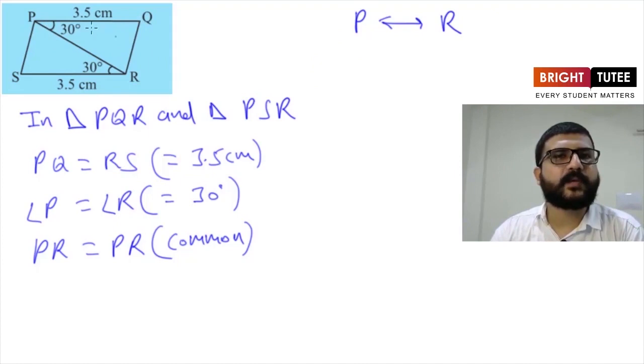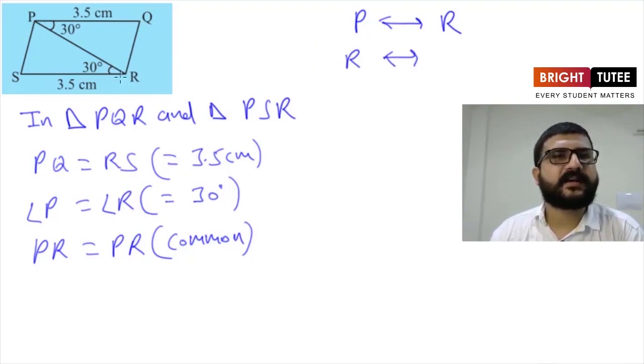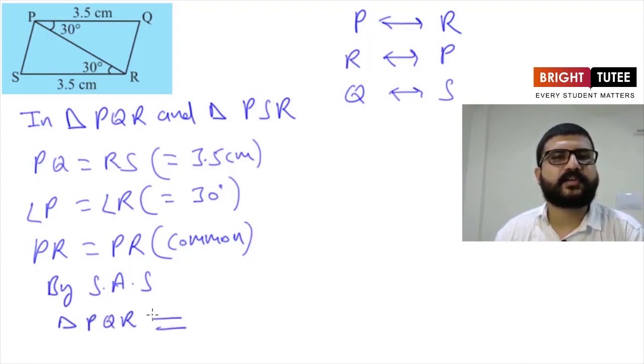The vertex from triangle PQR which is opposite to PQ will be R. So R corresponds to the vertex opposite to RS of triangle PSR, so it will be vertex P. So R corresponds to P. Now we are left with Q from triangle PQR, and from triangle PSR, vertex S is remaining. So now we can say by SAS, triangle PQR is congruent to triangle